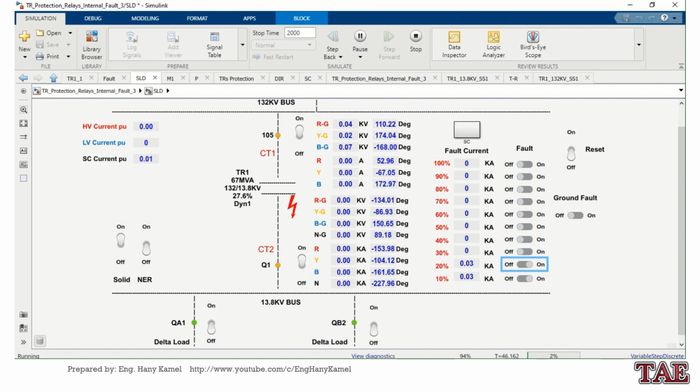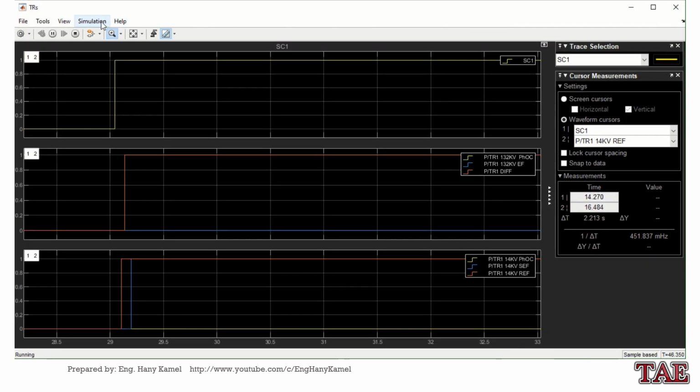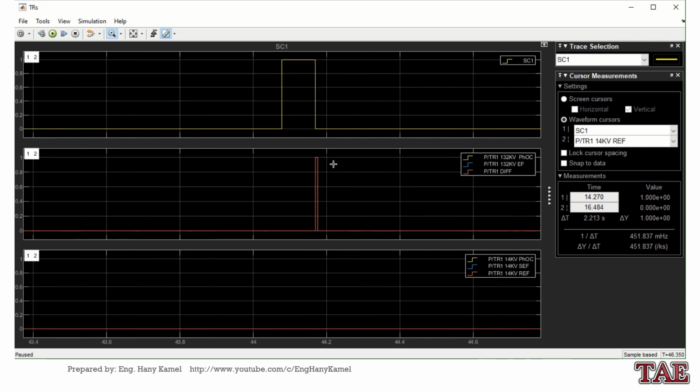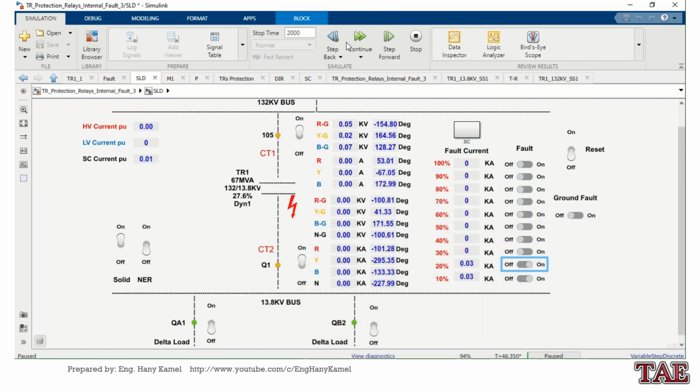I can see which trip happened. Yes, our last fault is differential protection. If I make a force reset,